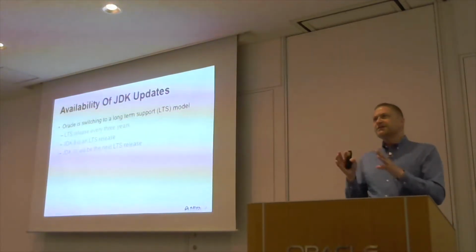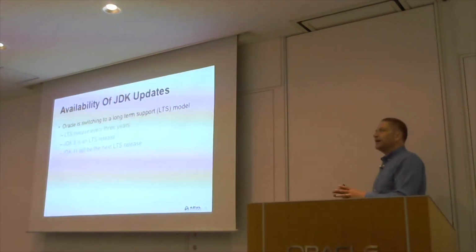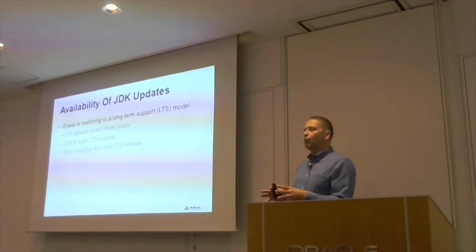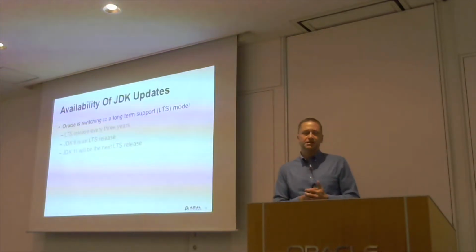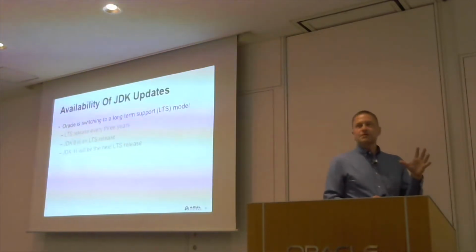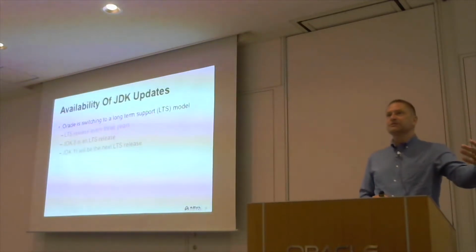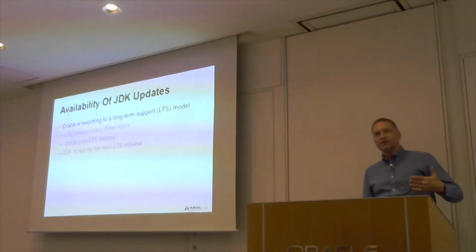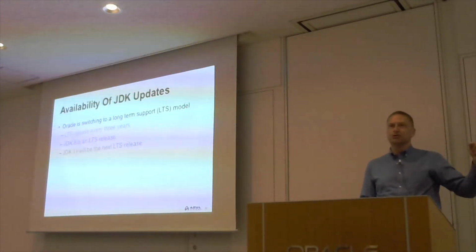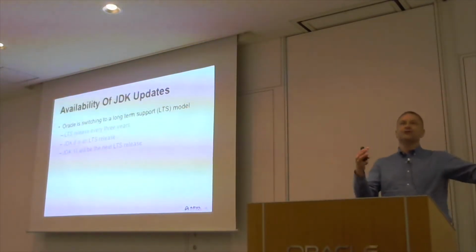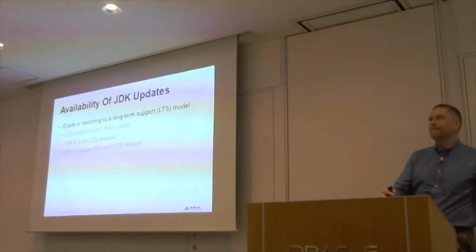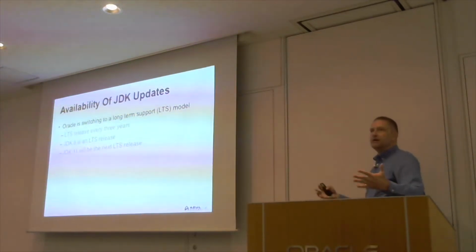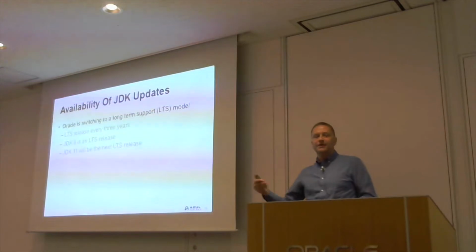However, we need to think carefully about how do we provide updates, how do we provide support for these new releases. And the thing about having a release every 6 months is it rapidly becomes unmanageable in terms of trying to update many older versions, because even if you look at the last sort of 3-4 years, you're talking about maybe 8 or even 10 versions that you need continually being updated.